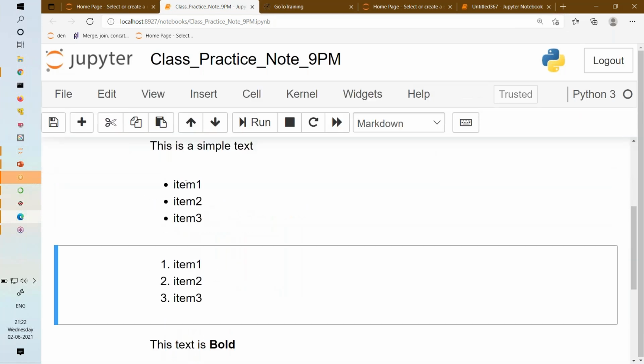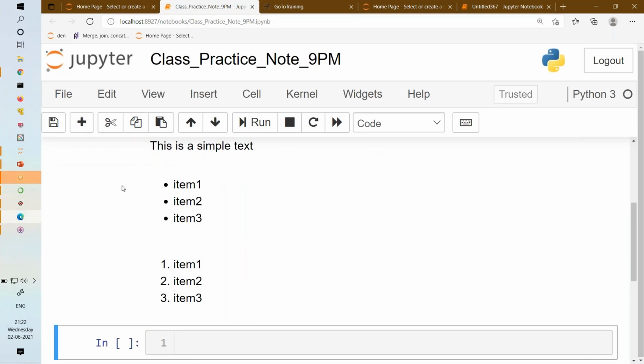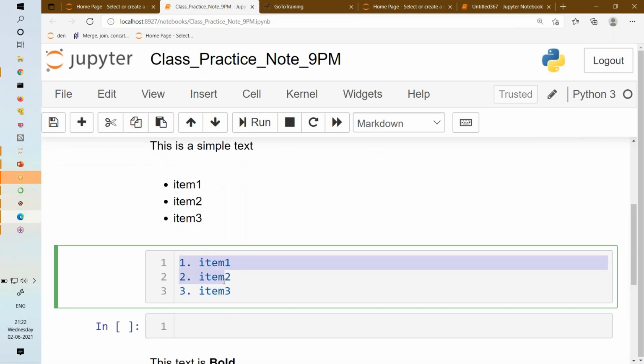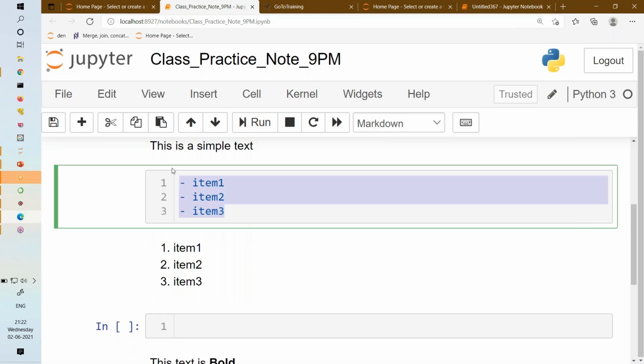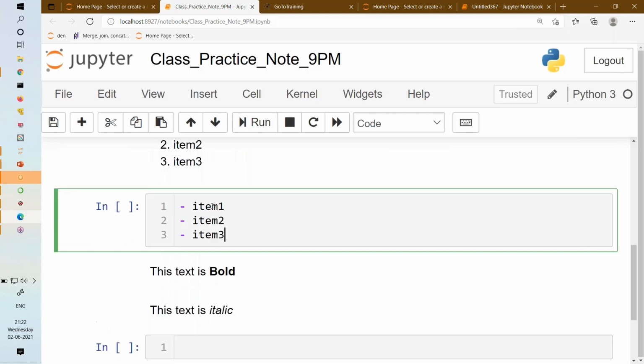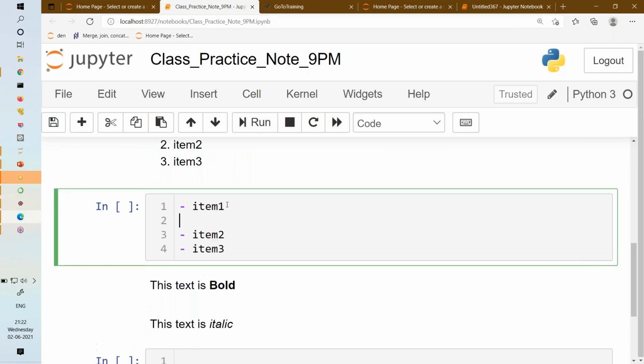So this is your item. Let's say what you want is to create sub items. What I will do here, let's say here I want to create sub items. Copy this, right? These are items and sub items. So this is super simple. Inside item one, give some space, and then you write.